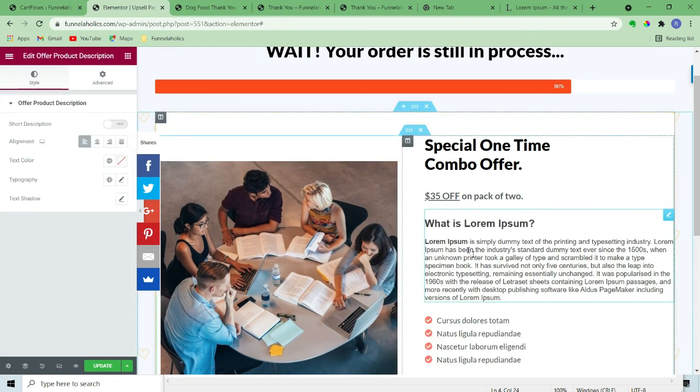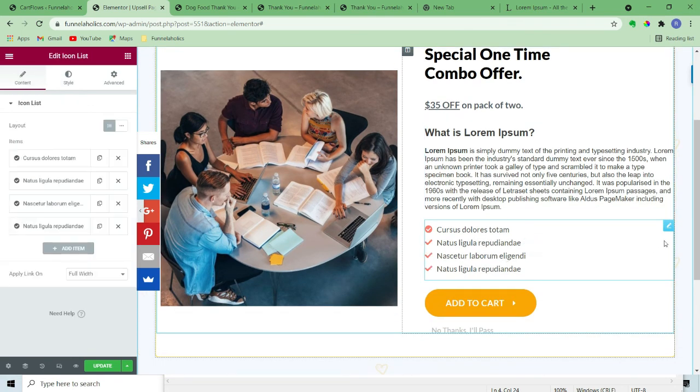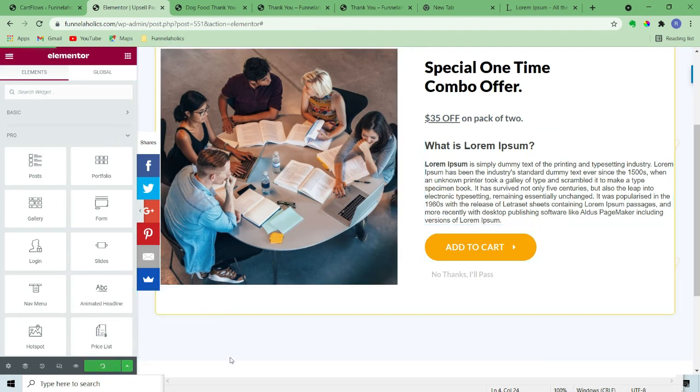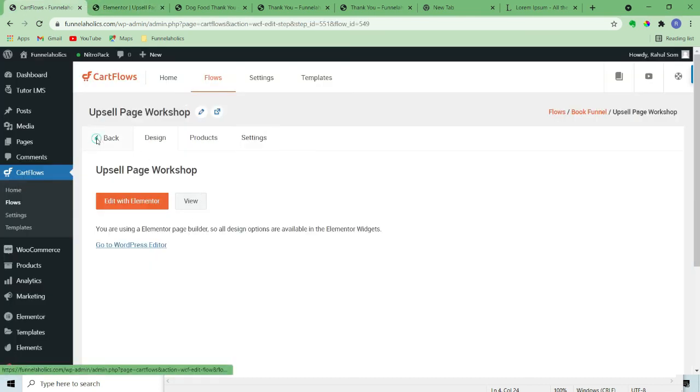So here you see the entire lorem ipsum comes up. If I had created the bullet points while creating the product, they would have appeared here itself. So let me delete this one. So here is the description of the product. That easy it is. So let me go to the next page, that is the